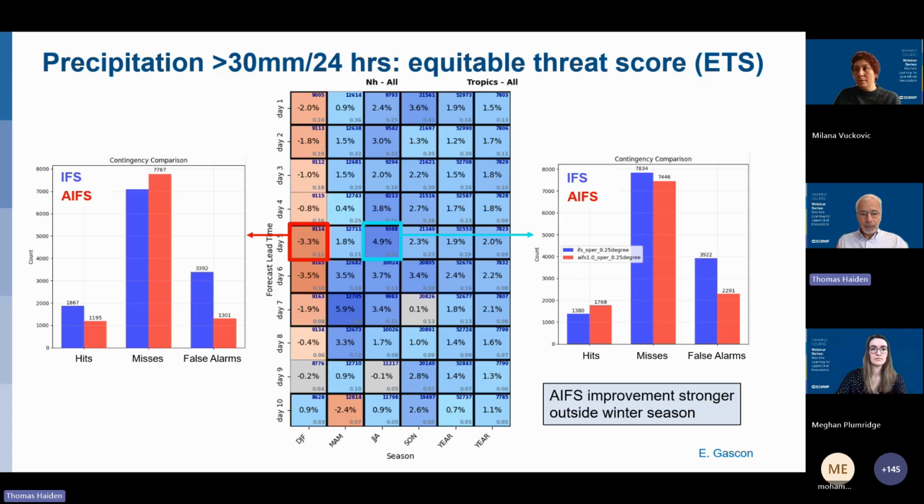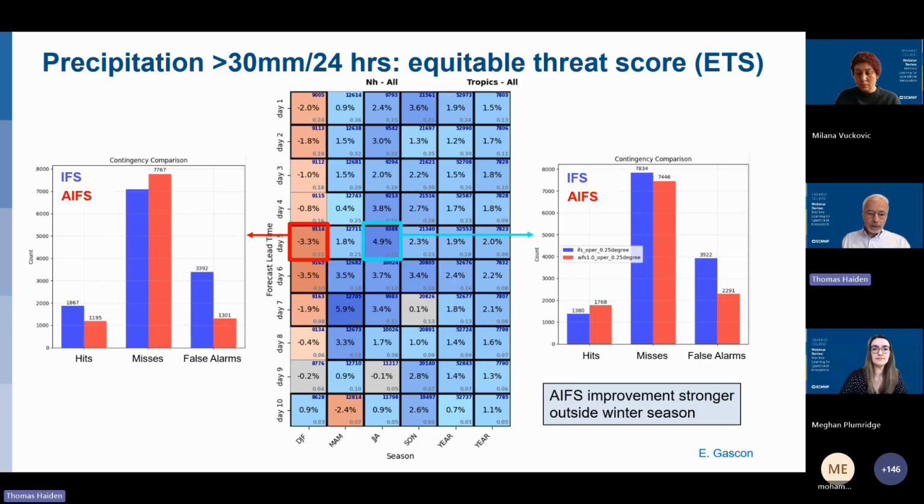And the matrix in the middle, in blue and in orange, simply gives you, when it's blue, the AIFS is better, and the different columns are the different seasons. So it starts with the winter season, this is the orange one, and then it moves into spring, summer, and autumn. Then we have the full year, and then the rightmost column is the tropics. And you can see the most pronounced improvements are actually in the convective season, so in the spring to summer, also still a little bit into the autumn season.